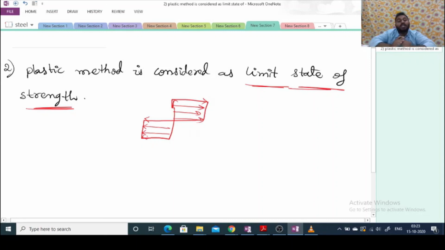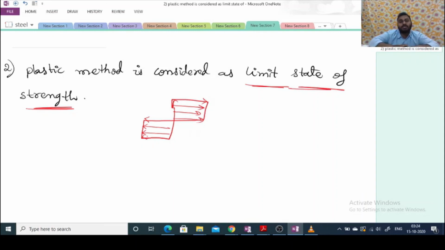Now at that plastic state, what will happen? The material will develop MP, the plastic moment, meaning the ultimate moment carrying capacity, or maximum moment of resistance. After that, that cross section will not have the ability to develop any moment to resist the external applied bending moment. Is that okay now, everyone? After that, we assume the formation of a plastic hinge at that location. Whenever a sufficient number of plastic hinges are formed, ultimately that beam will fail by forming a mechanism. So this is known as limit state of strength.